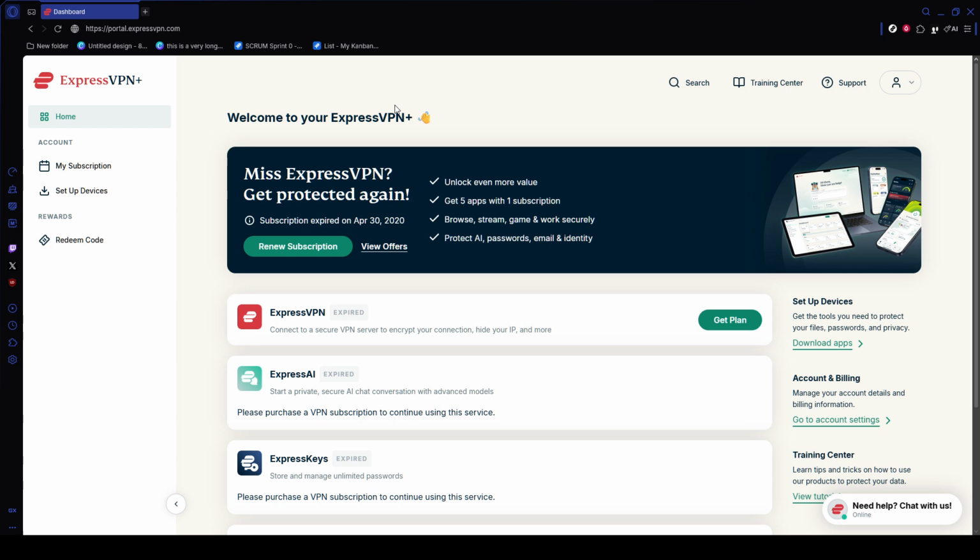In this guide, I'll walk you through how to create a password for a new subscription, how to change your current password, how to reset it if you forgot it, and what to do afterward to make sure everything is working properly. If you're setting up a password for a brand new subscription, start by opening a web browser